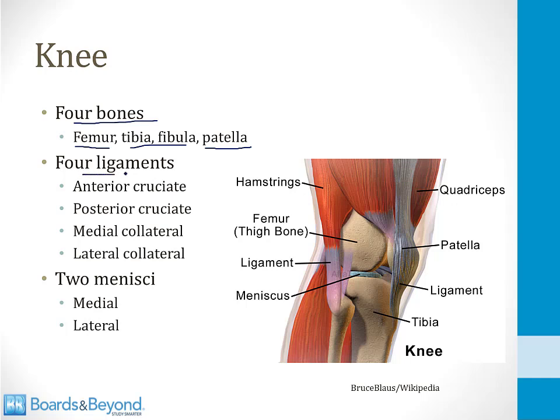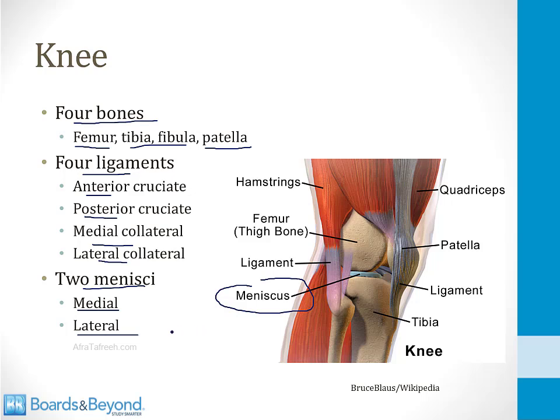There are four ligaments. Two of them are cruciate ligaments, the anterior and posterior cruciate ligaments, and then there are two collateral ligaments, the medial and lateral collateral. And then finally, there are two menisci, which are structures that serve as cushions. There's a meniscus shown here in this drawing. There's the medial and lateral meniscus. So in the next few slides, we'll go through all of these structures and talk about exactly what they do in the knee joint, and then we'll finish the video by talking about the problems that occur when one of